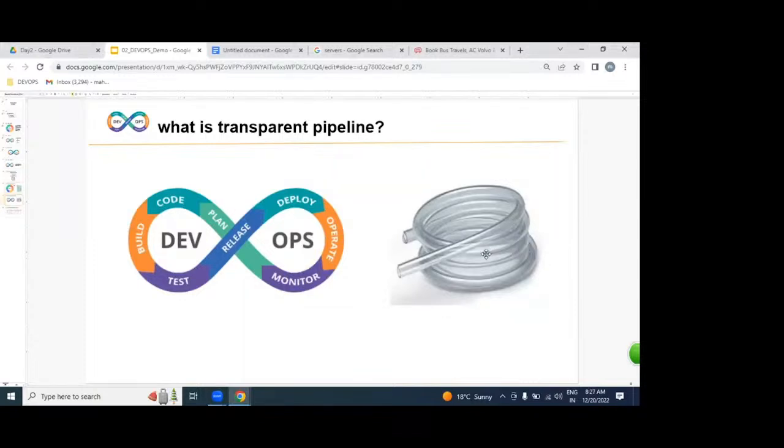Look at this. If you got any issue here, any problem or error in the middle of this pipeline, by one look itself you can see where the problem is, or not? And as soon as possible, can you fix this issue or not? The same way in the DevOps process also.